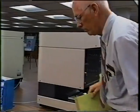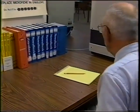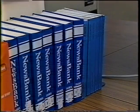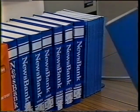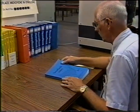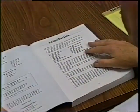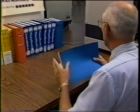If you want to check newspaper articles on your subject, there are two places you can look. The first is a service known as Newsbank. Newsbank lists articles that have appeared in local newspapers. First, consult the index to Newsbank. Newsbank can be a very helpful service if you're looking up a topic which may not have made national news. For example,